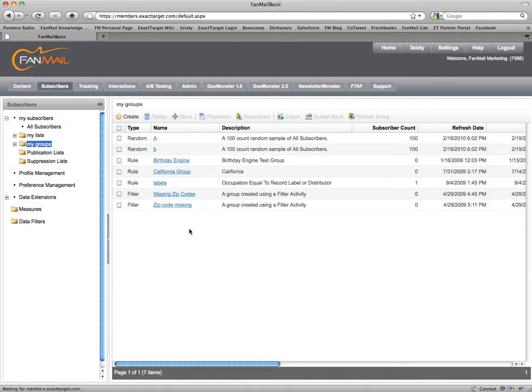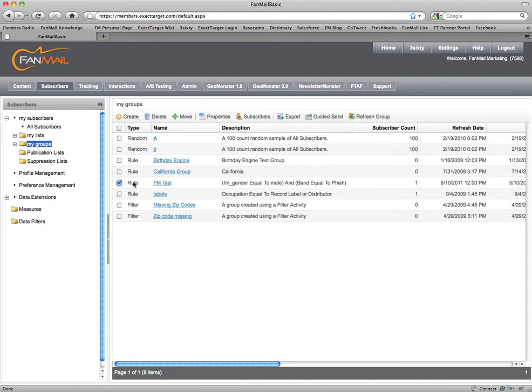Now there's one other disclaimer. Groups do not automatically refresh themselves. So if you've added subscribers since the last time you created or refreshed this group, you're not going to see that reflected in the subscriber count or in the group count here. So for each group, each time you want to send to it, unless you've got an automated interaction enabled, there is an automated process for this, but for our practice here today,